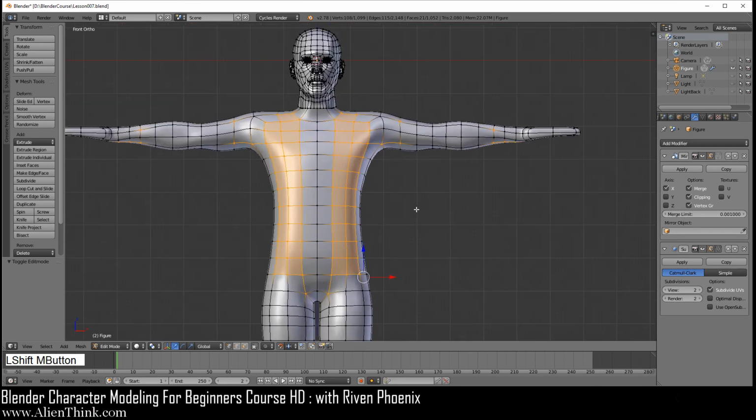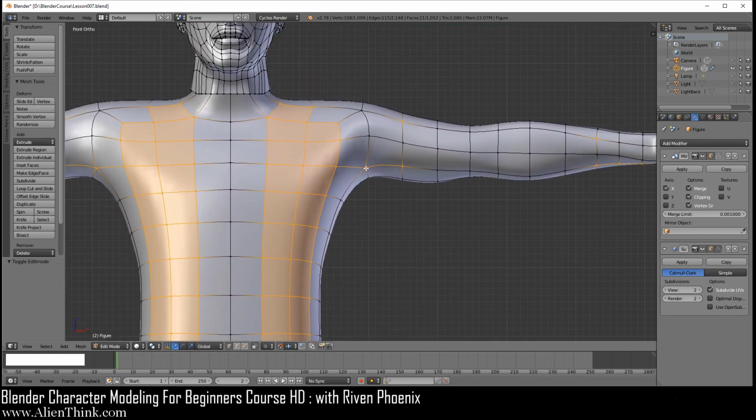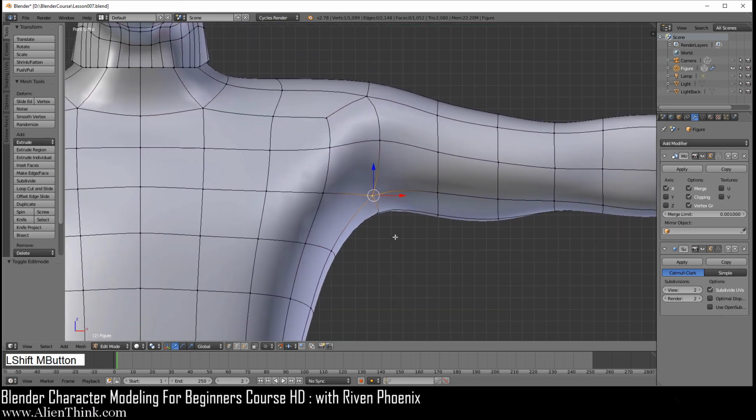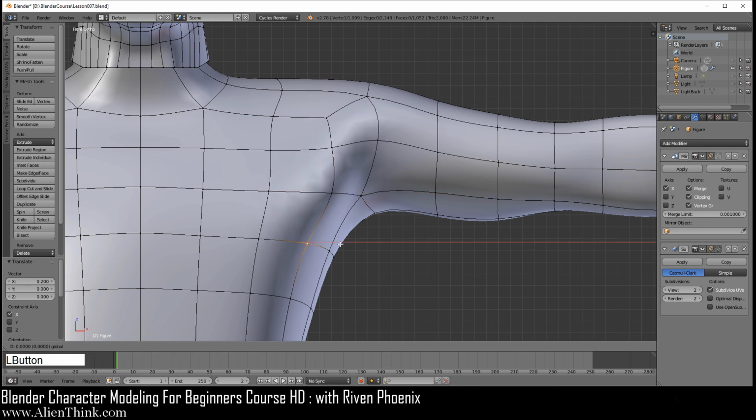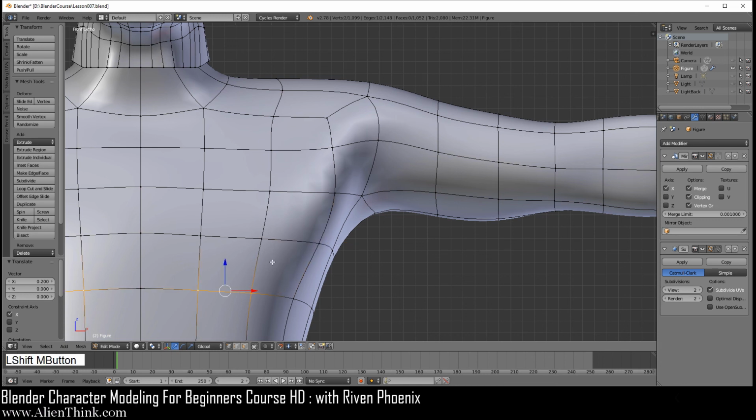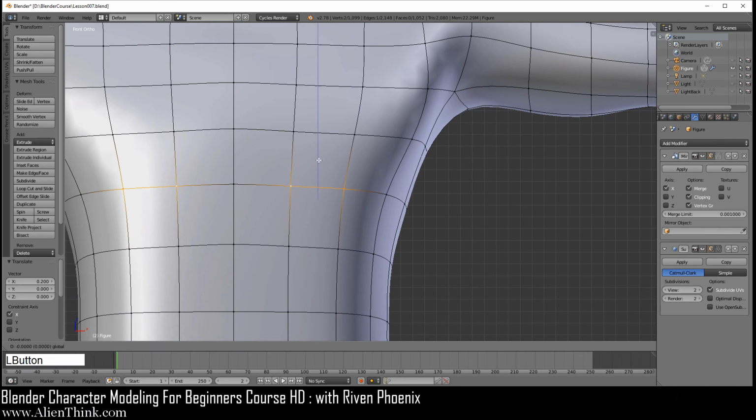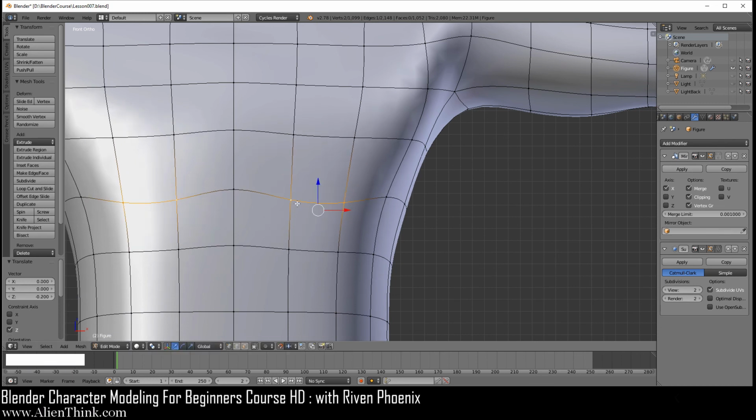Anyway, now what you want to do is zoom in over here, and you're just going to right click this one, zoom in just about like this, and go to the left 1 and then 2, click on this one, go to the right 1, 2, click on this one, go to the right 1, 2. Where this is, you're just going to follow your mouse over here, and click on this one and this one, Shift middle mouse button to go up, and 1 and 2. So this is the landmark marking to where the pec muscles are going to be.